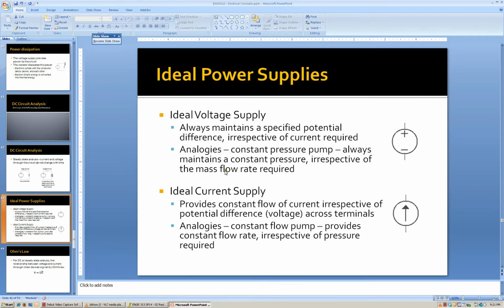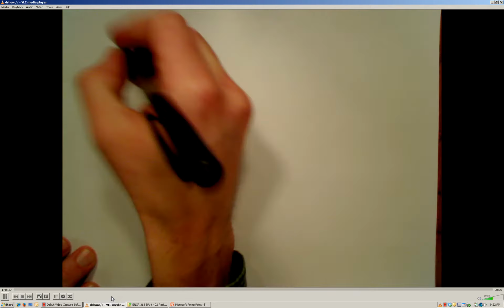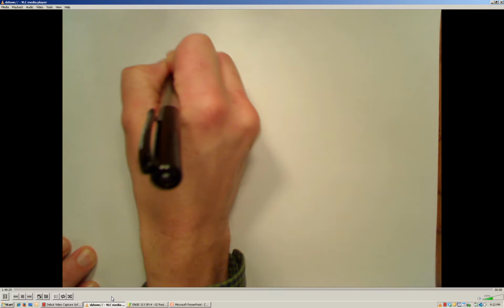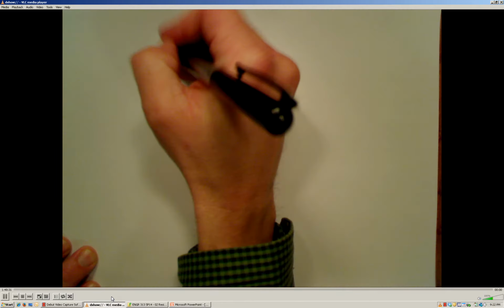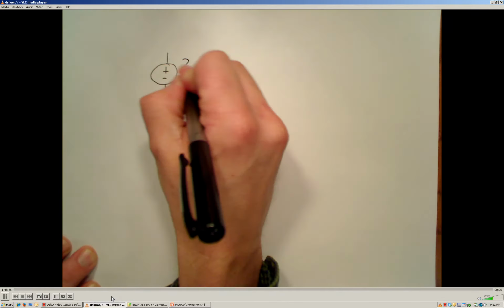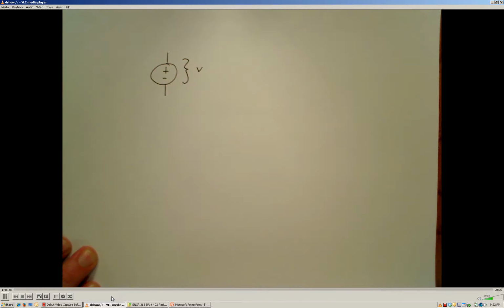Now, using these abstractions and these ideal supplies can get us into trouble a little bit if we don't recognize the limitations. So we need to look at some of the limitations of the voltage supply. The ideal voltage supply, again, recall, is going to maintain a specified potential difference, or a specified voltage, across its terminals, irrespective of how much current